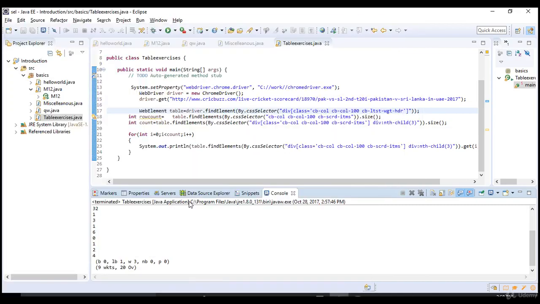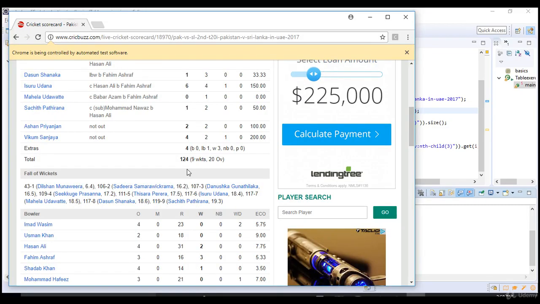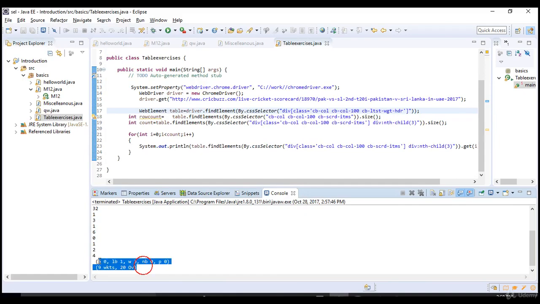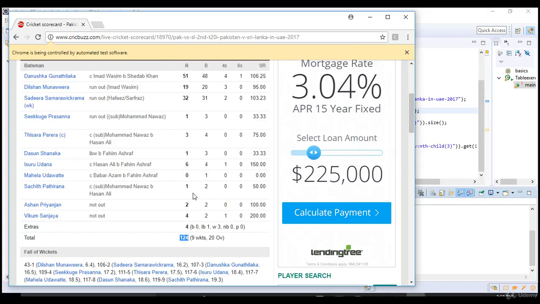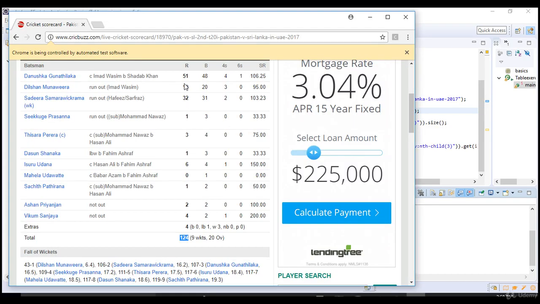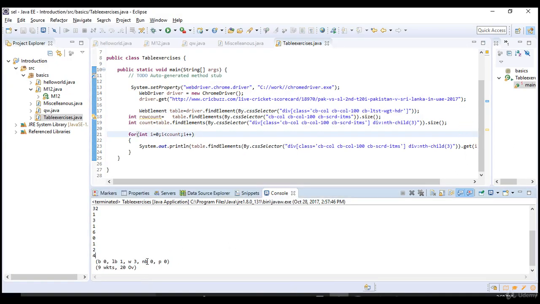If you carefully observe, after 4, we want only till here, right? 51 to 4, and then we will count the extras and we want the sum. But we are getting these two values as well. That means in that parent with the CSS we are providing, not only these elements but even these two elements have the same design. That's why you are seeing them in the output.